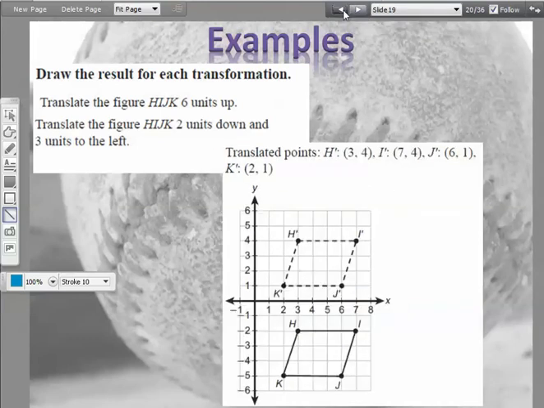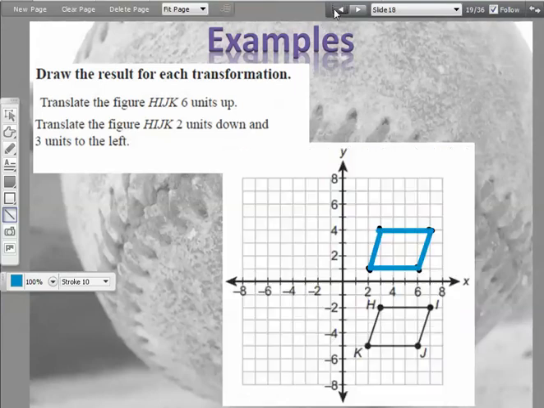Oh goodness. Okay, let me go back one. It says translate the figure HIJK 2 units down and 3 units to the left. Now when you're going to work a problem like this is where it's nice to go ahead and write your rules out. We're going to have X, let me make that a little bigger so we can all see it. I'm going to have X and it says going down, which means I'm going to subtract 2, and then Y,